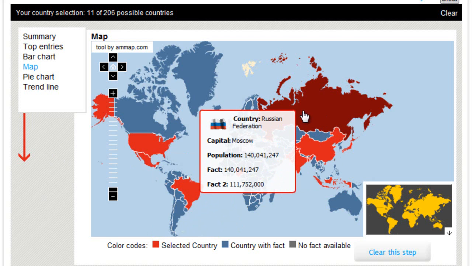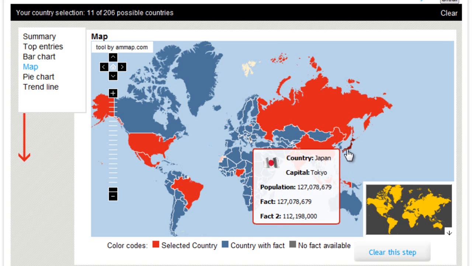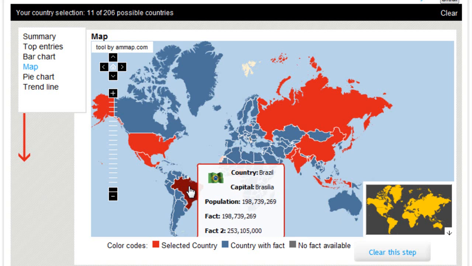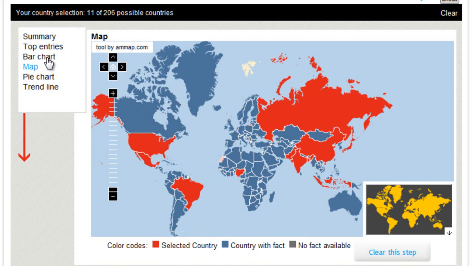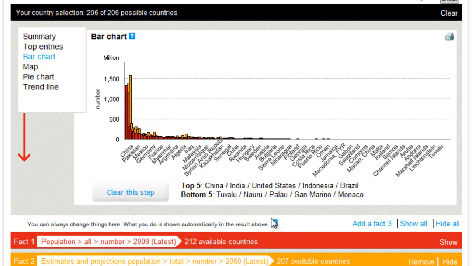Here we have Russia, China, Japan, Brazil. I go back to bar chart. I can clear this step to see all the countries of the world again. Then I can hide this